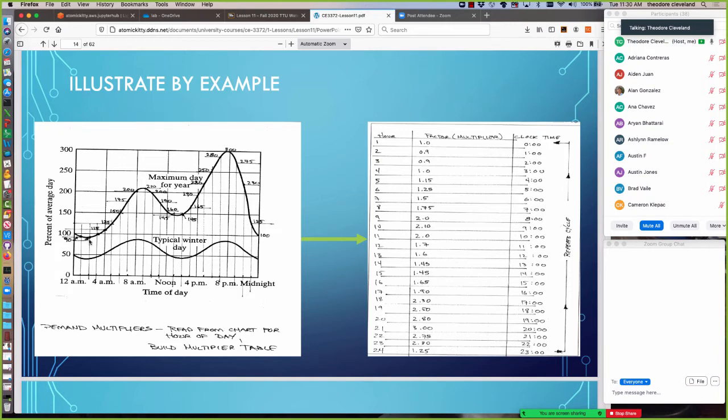And then on each of these hours, we're selecting points off the curve that correspond to a particular hour. For example, at 8 a.m., this curve says that there's 200% use over average on a maximum day, and at 8 p.m. we're at 300%. And we can go ahead and produce a multiplier table. So hour 1, 2, 3, 4, and so on. We have the